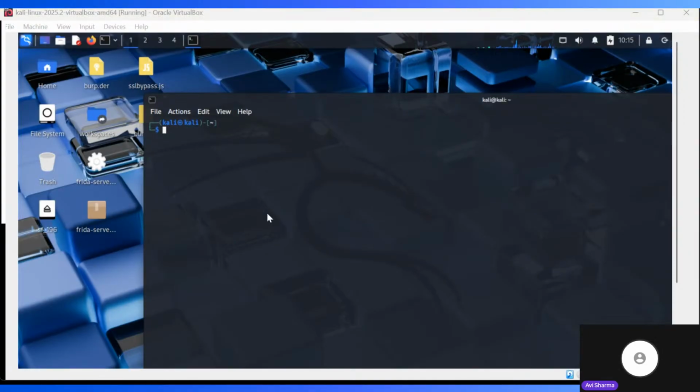Okay, let's talk about client to server, server to client, client to server. Absolutely perfect. I'm going to stop sharing Kali and I'm going to go back to the PPT.